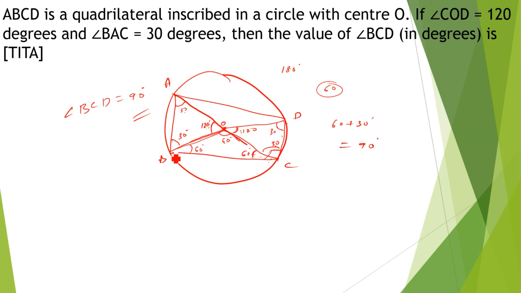So it means that this BOD is a straight line, because on a straight line the angle made by any line at any point is 180. So it means that BOD is 180. Since BOD is a straight line, it is a diameter of the given circle. So the angle subtended by that diameter on the circumference of the circle is 90. So directly we can say that this is 90 by the semicircle property. So angle BCD is 90. You can solve this question in two ways.